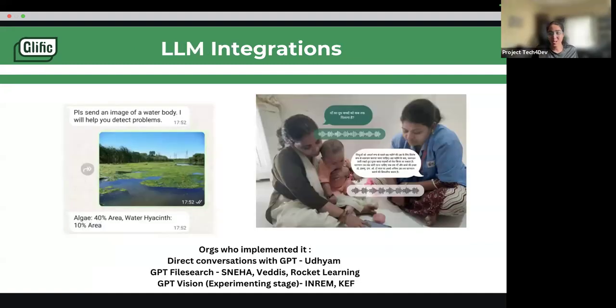Cool. Now on the LLM integration. We have been doing a lot of experiments on LLM since the last one year. So there are different ways. Again, I'll be covering only a few cases here for you to get an overall glimpse of different LLM integrations that are possible. But if there's one takeaway I want you to have from this whole webinar, it is that any and every system can be integrated if you have the API documentation.